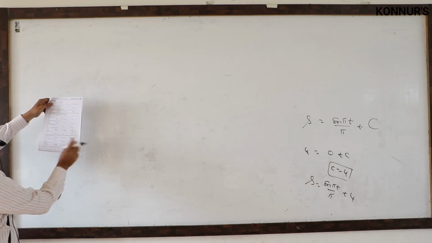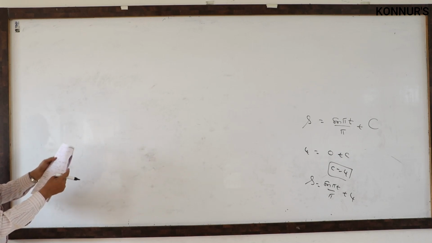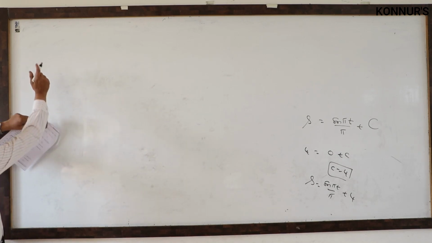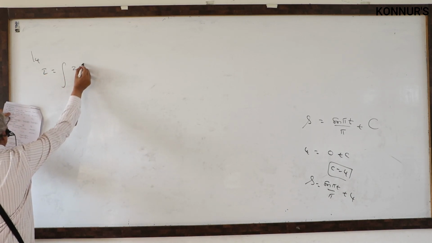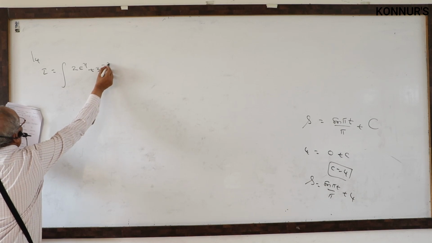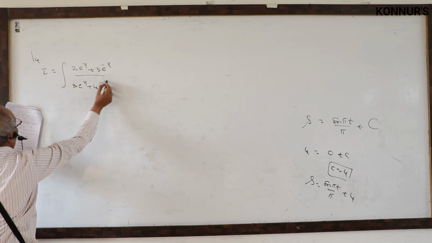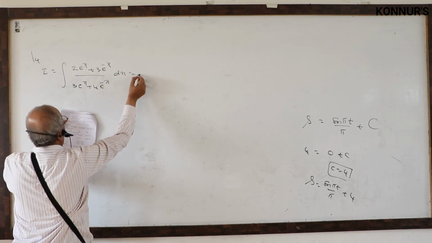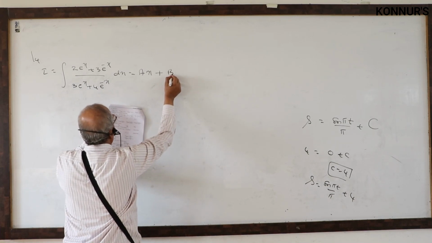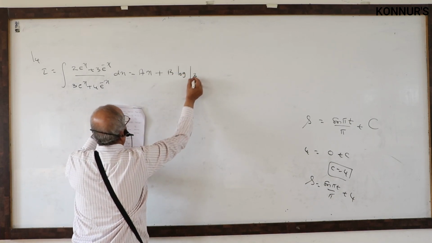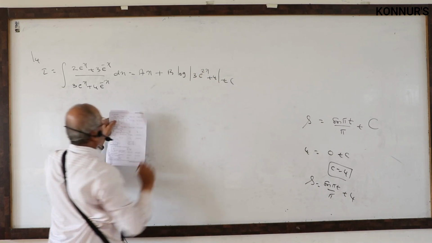Then already 11th is definite integral, leave it. 12th indefinite is completed. 13 also now only completed. Now I will do 14. It is also a very useful problem. The integral of (2 e power x plus 3 e power minus x) by (3 e power x plus 4 e power minus x) is equal to, he is writing the answer. Earlier I told they will not ask for the full solution. It is equal to b times log of (3 e power 2x plus 4) plus c. They want the a value, b value.